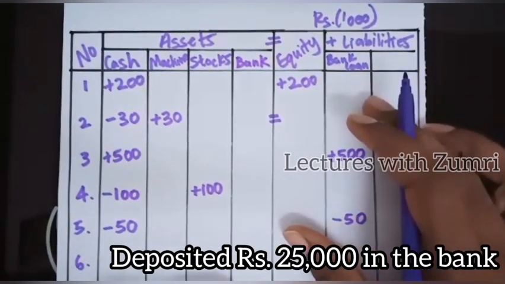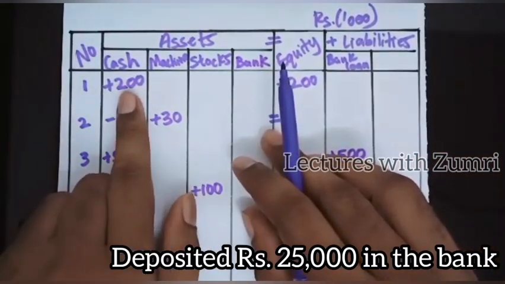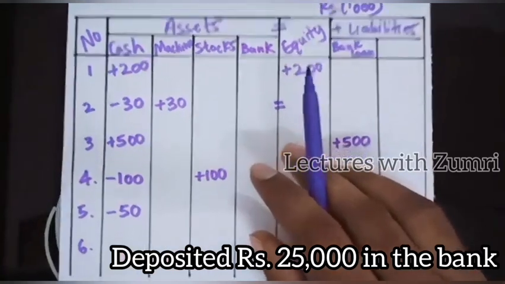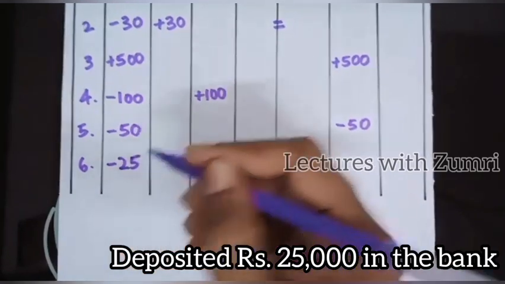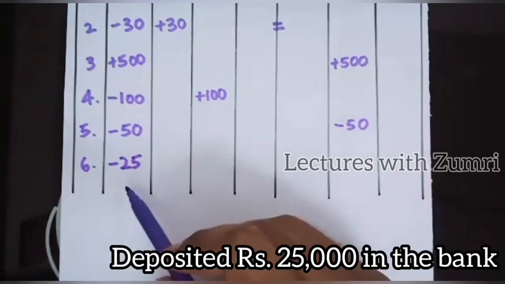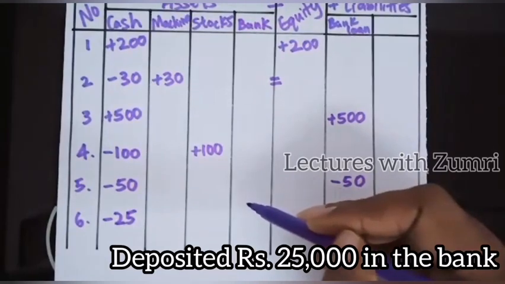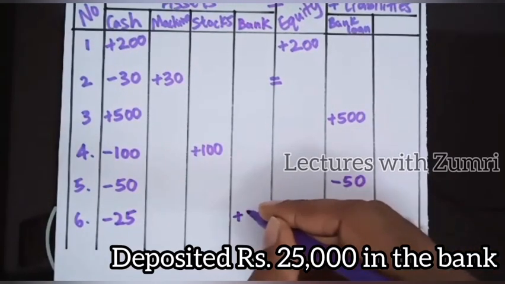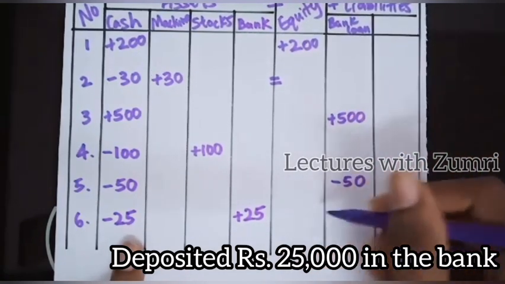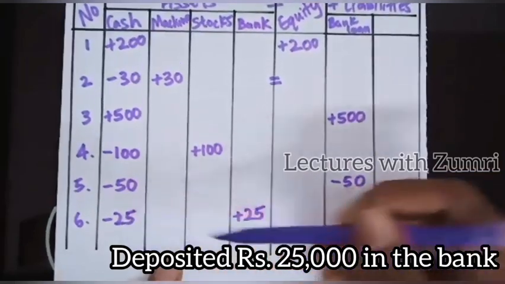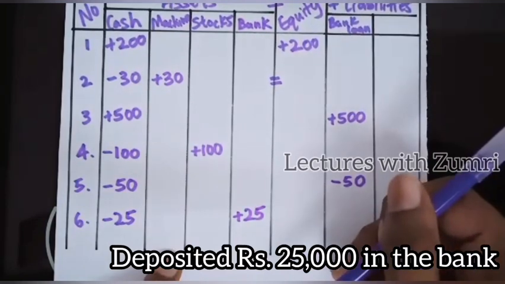So when you put money in the bank, what will happen? Money in your bank account will increase, and the cash in hand, the cash in the business, will be decreasing. So you have to put a minus 25 in cash. Why? Because you put the money which is in the business into the bank account. So money in the business will reduce, and money in our bank account will be increasing, right? So here also we don't have any impact on the other side, but anyhow it is equal. How? Minus 25 plus 25 will give you 0, and no impact here. 0 will be equal to 0, right?